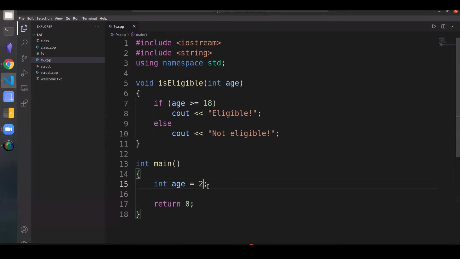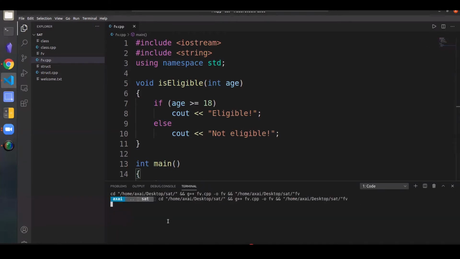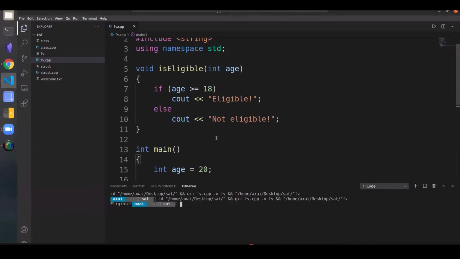And now all I have to do is pass this variable age to this function. All I have to do is pass the variable, and it'll print the result automatically depending on the value of the variable, which in this case is 20. So the expected value to be printed is eligible, and that's what is printed on the screen.